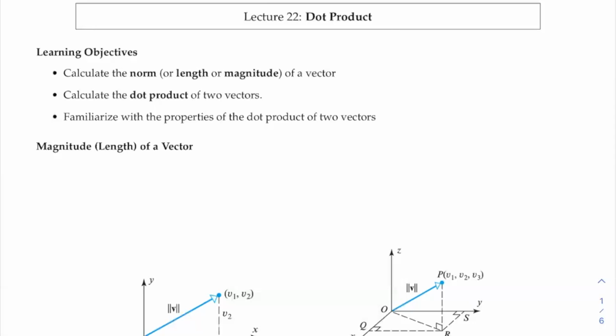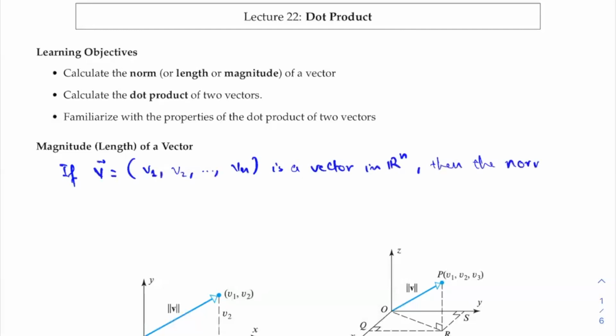So first of all, I'm going to write down the magnitude or the length of the vector. So if you have a vector with the entry of v1, v2 up to vn, so is a vector in Rn, then the norm, even though I say the norm of a vector, when you see the norm of a vector for our course or in this context, you can think of it as the length of the vector or the magnitude of the vector, right? Or length of v or magnitude of v,